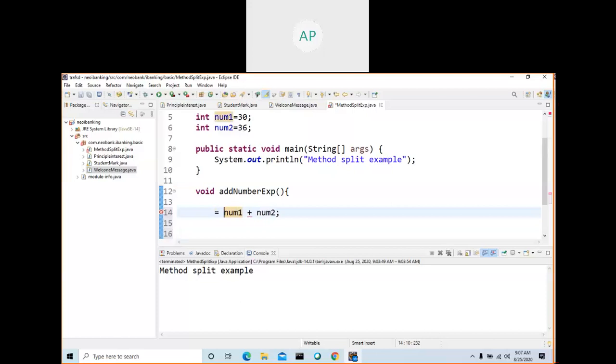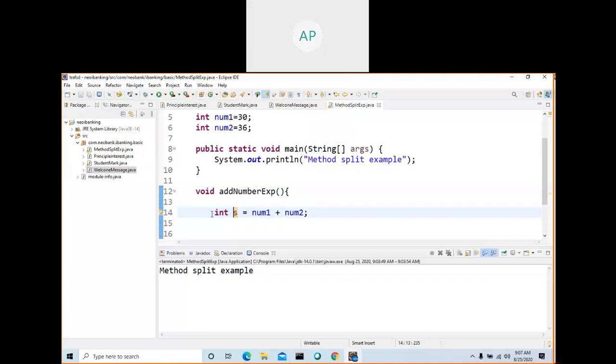System.out.println. You added 30 plus 36, which is 66. Where are you storing it? Store that number here, equal to something. What is the data type? int, double. Integer can be double?